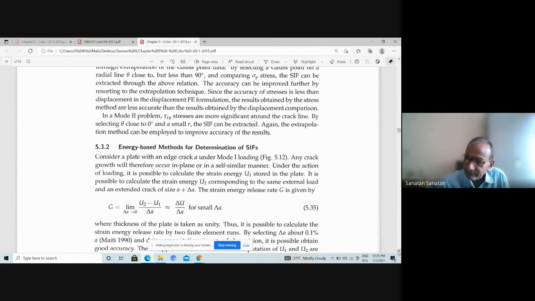So this differencing method makes use of the fact that the strain energies corresponding to the crack sizes have the same degree of error, and when you take the difference, it becomes less erroneous, more accurate. Therefore G calculated by this difference method is more accurate, and from Irwin's relationship, G equal to K1 square by E in the case of plane stress, and G equal to 1 minus mu square K1 square by E in the case of plane strain. So therefore, you can evaluate the SIF in both the cases by this energy method.